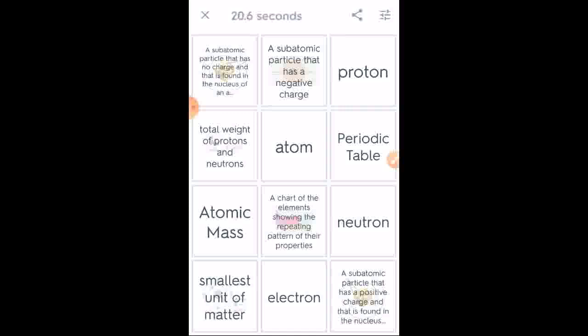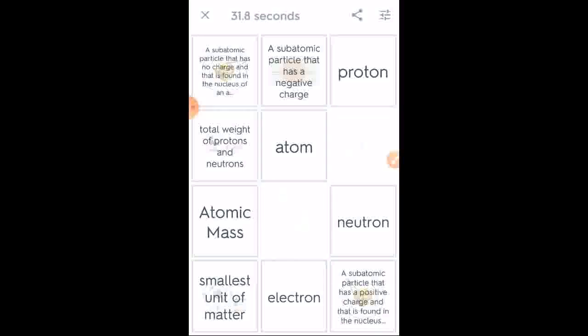So suppose the periodic table is there. What is the periodic table? It is a list of all the elements. Okay, chart. Okay, right. So when you click on the right option, then the question and answer both will disappear from the screen and you will be left with the others.